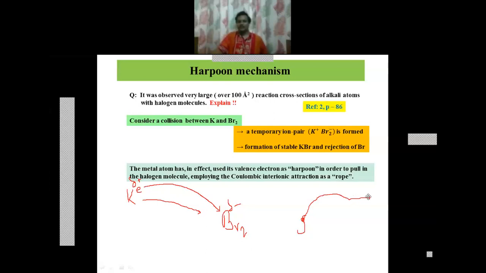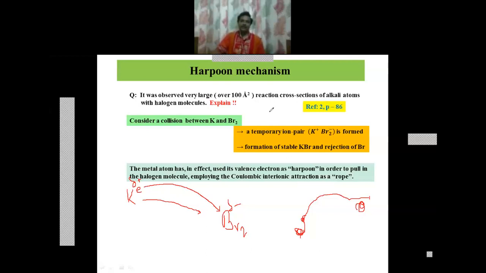You have a machine here which can roll this thread, and this is called the harpoon. We give food here for the fish to catch the fish. Normally what we do is throw this harpoon with the food, then when the fish eats this food, we roll it back and it comes closer. So that is basically the harpoon mechanism